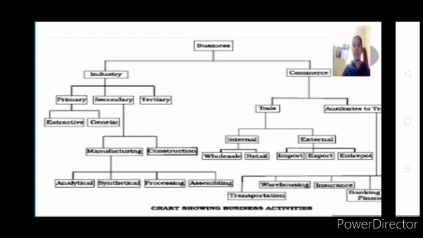Once they are ready in the factory, what has to be done? I have used inputs and I have come out with the output. Then what is the next step? That has to be sold into the market. So the further step of industry is your commerce. So when I say commerce, it includes all those services which are very essential to carry on the industry.